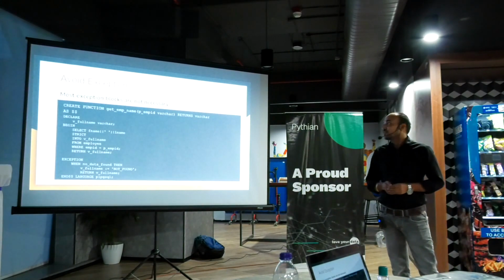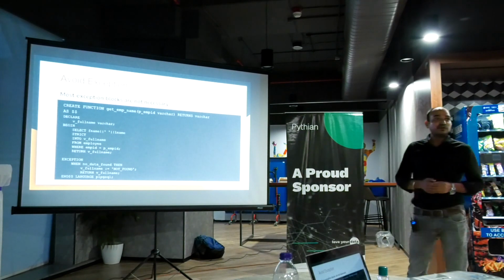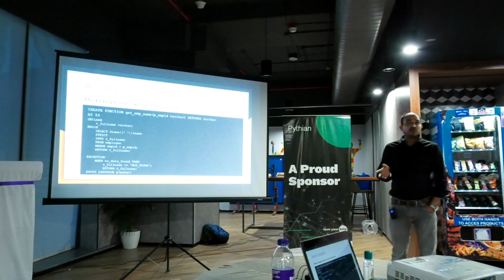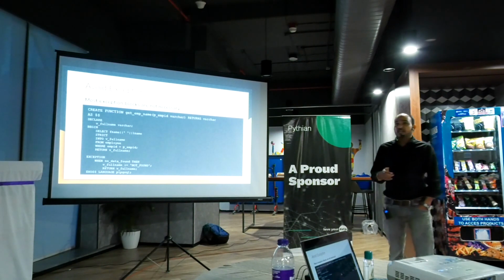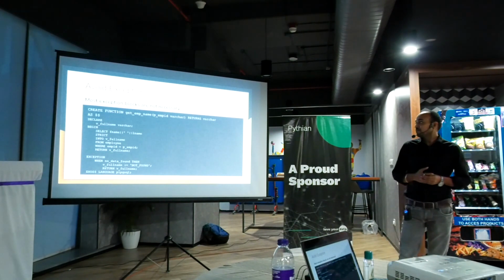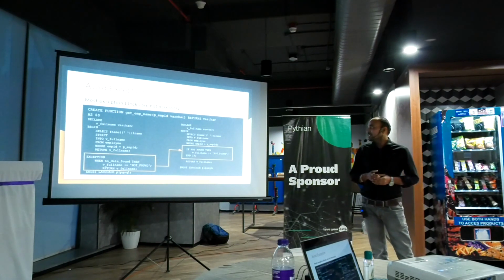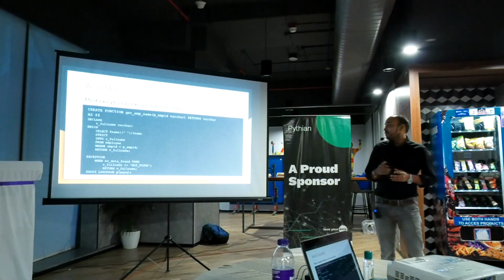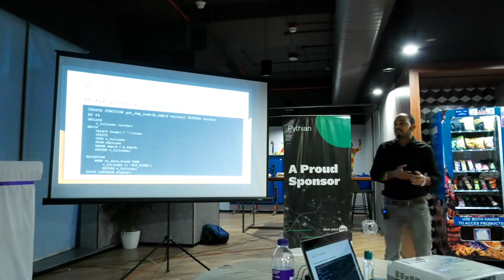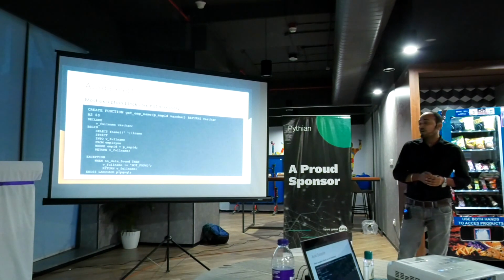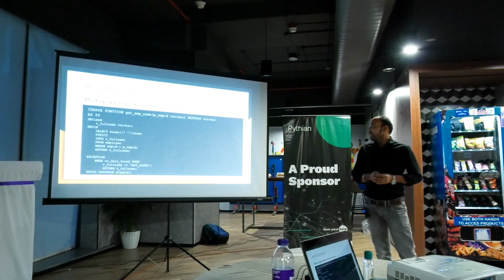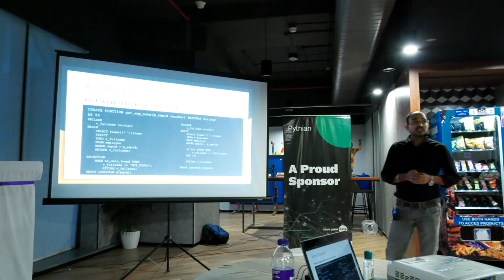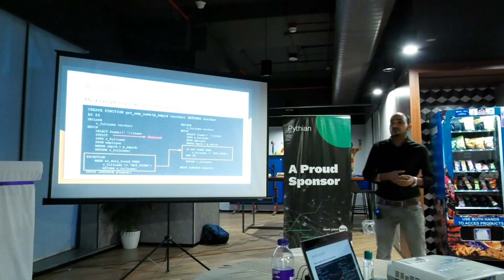Yeah, so I have taken a simple example. I have created a function which takes the employee ID, and based on the employee ID, it gets the employee name, the full name. And if the employee ID does not exist, it raises an exception, and it assigns the employee name as 'not found'. Let's see how we can rewrite this code so that we can avoid this exception. Not all the exception blocks can be avoided, but there are situations where we can avoid that.